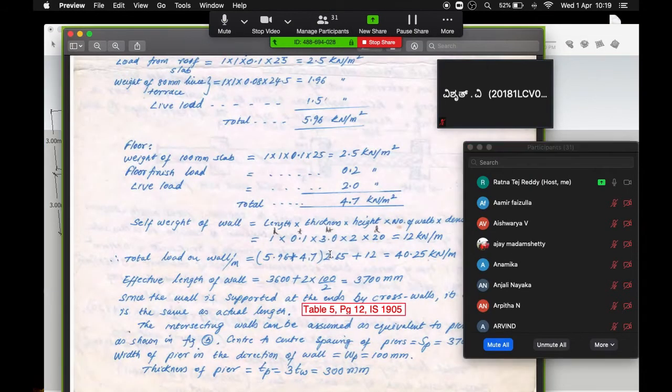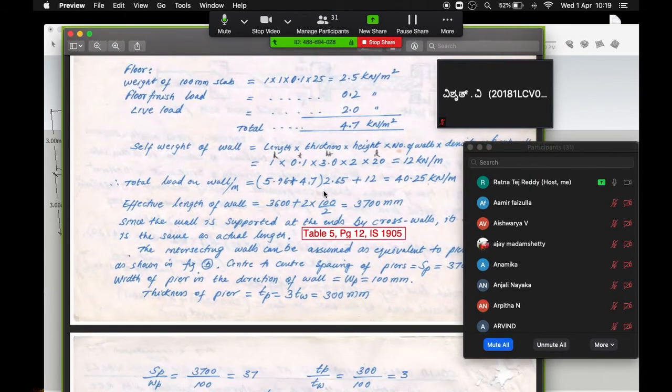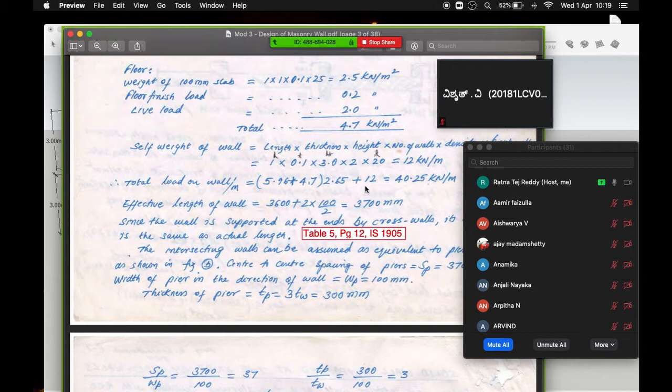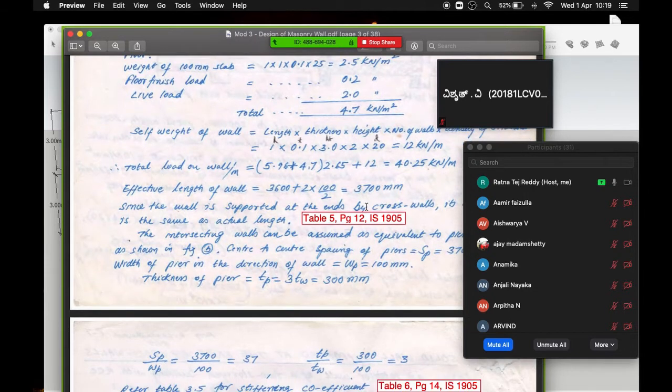Moving on. Now, once you multiply it and you add the total self weight, you get 40.25 kilonewton per meter as the total load happening on the wall. Now, let's calculate the effective length of the wall first. Now, when I say effective length of the wall here, yes,